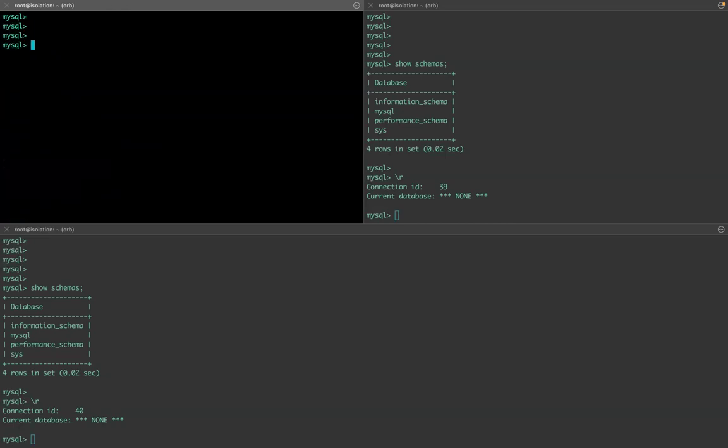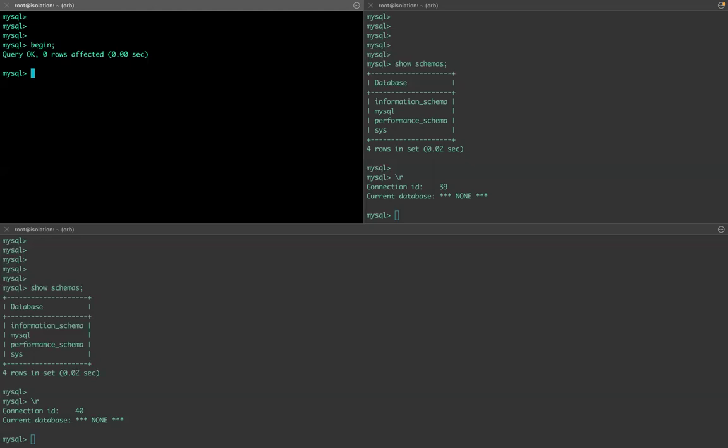I'm going to start one transaction because MySQL is by default auto commit. So you don't need to define begin and commit or start transaction, end transaction. Whenever you execute the SQL statement, it will be auto commit. If you want to do some testing, you want to create a set of SQL statements within the same transaction,